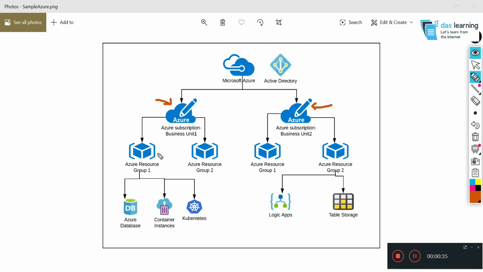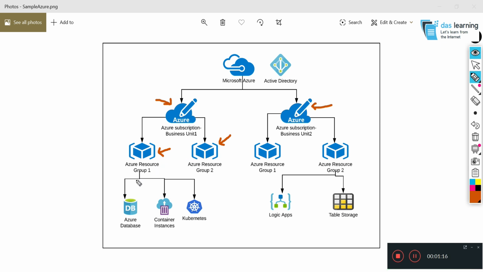And in one subscription we can have multiple resource groups. What is a resource group? It is nothing but a logical container which groups multiple resources together. The benefit can be multiple. Let's say you want to separate out different workloads like dev, UAT, prod, or you can have DC and DR environments in the same subscription, where billing would be the same for these 2 resource groups, but you want to separate out the workloads for any reason. In that case you can do that.